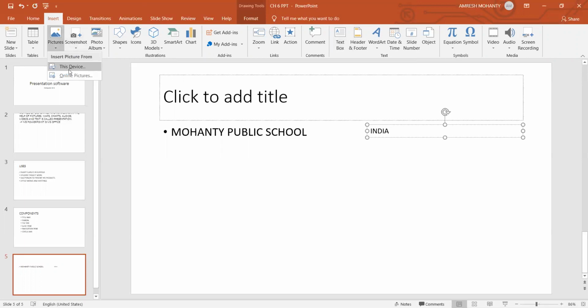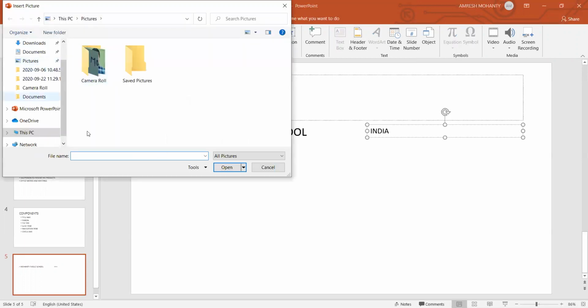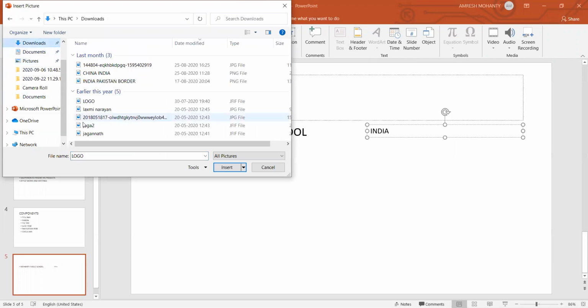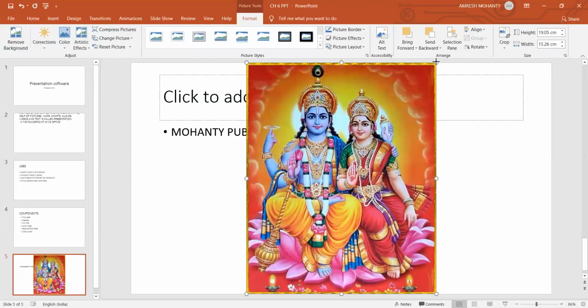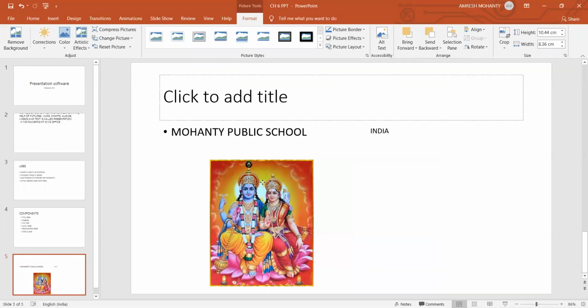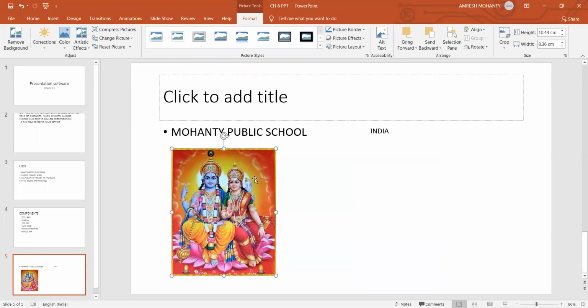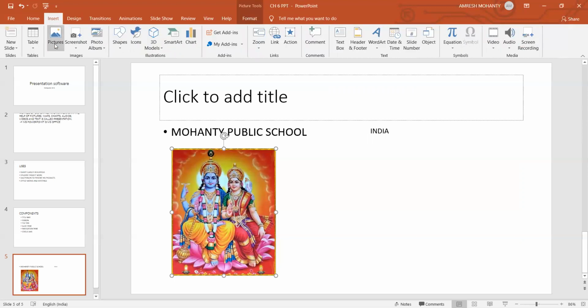Here I have inserted this picture in the presentation. Sorry, not in the text box, in the slide. This is a slide in which I have inserted a picture. I have used Insert and go to Pictures, and the desired picture you can insert into the slide.